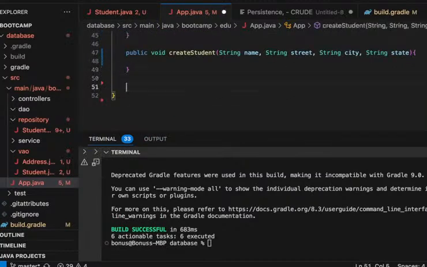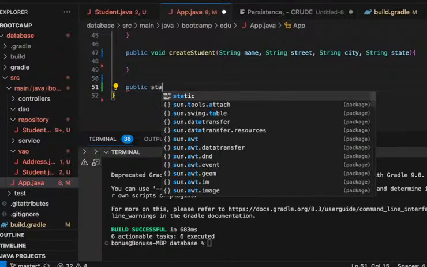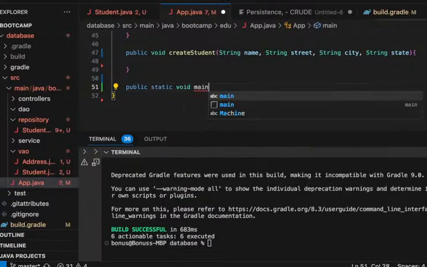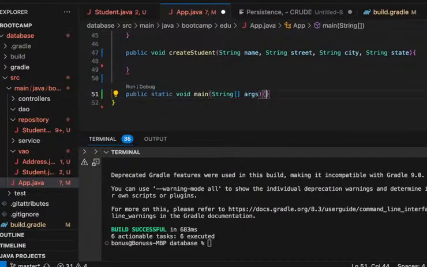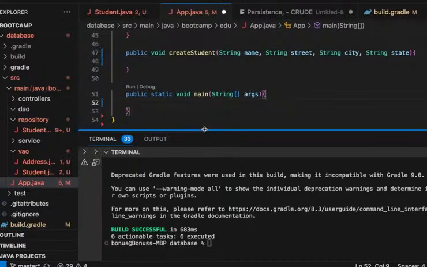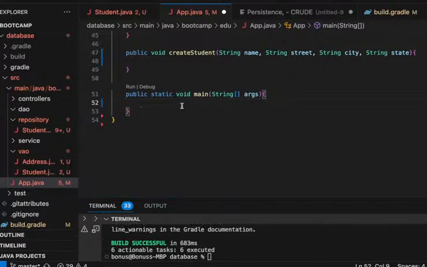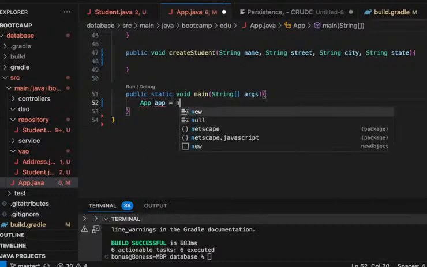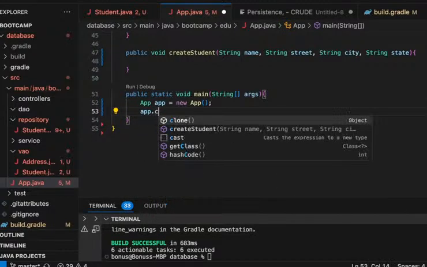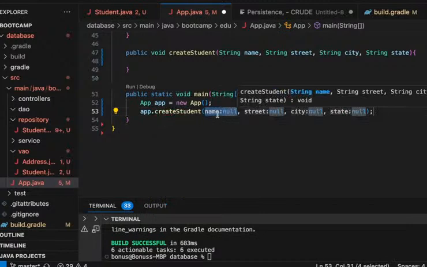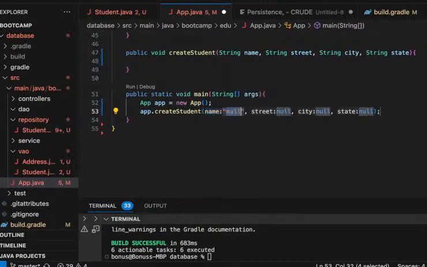So now we have that, and then this is our app, so we add the main method. Say public static void main, string array args. Because this is our entry class, this is our app, we can say app equals new app, and then we call the method of the app. What do we want to do? We want to create student, so we can say app.createStudent, and for the student we have name, so let's give it a name, Donald